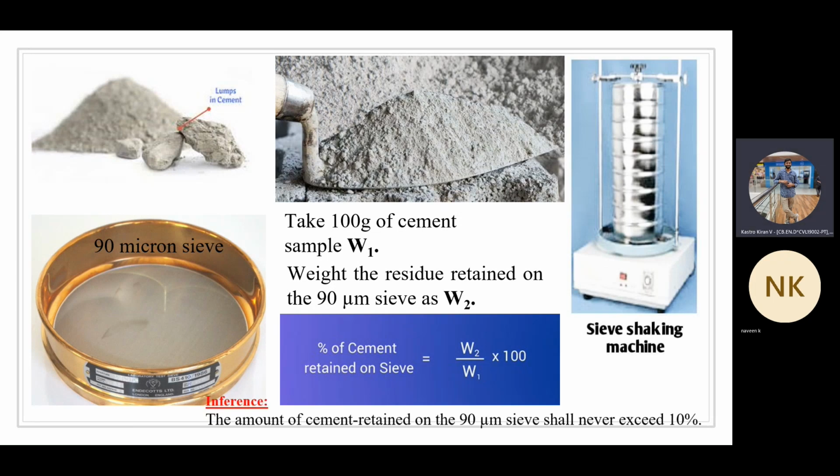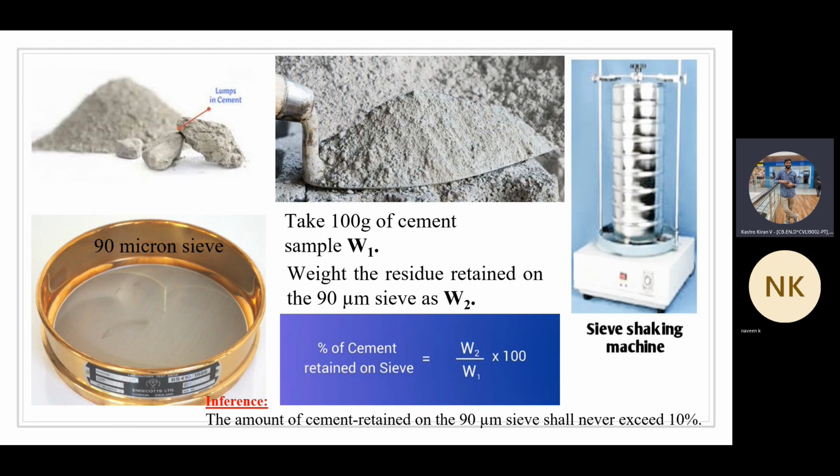Now, how to verify whether the value is within the limits or not? You can see here, the amount of cement retained on 90 micron sieve shall never exceed 10%. If you get the value as 10% or beyond 10%, then that cement is not a good quality cement. It is adulterated with sand, or with some third party materials. That's how you can infer, or quantify, whether the cement sample is right for the use of